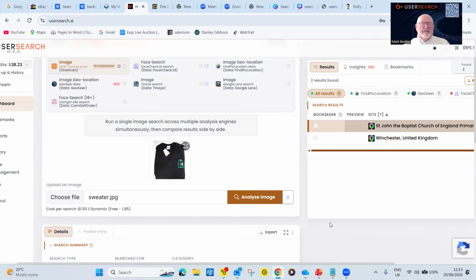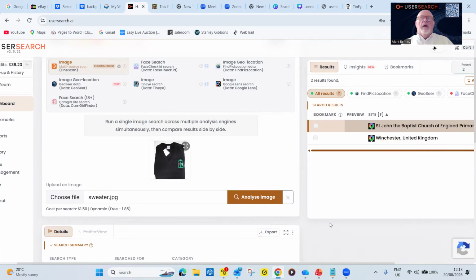Now, for child protection, that's essential, isn't it? If you've got a vulnerable child wearing a sweater, or your target's wearing a body warmer with a logo, you find that and it will give you locations, so you can think, right, we're now one step further to identifying that person, or where they work, or where they go to school, or whatever. So there's safety issues there.